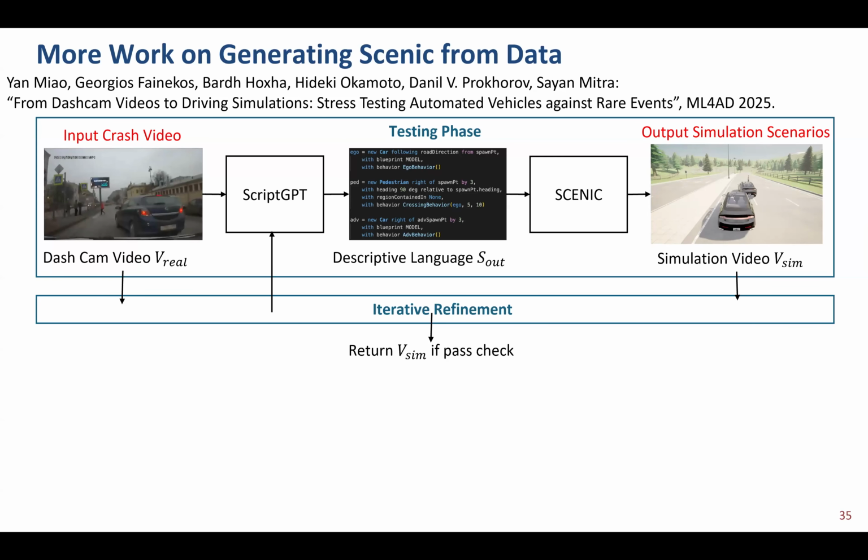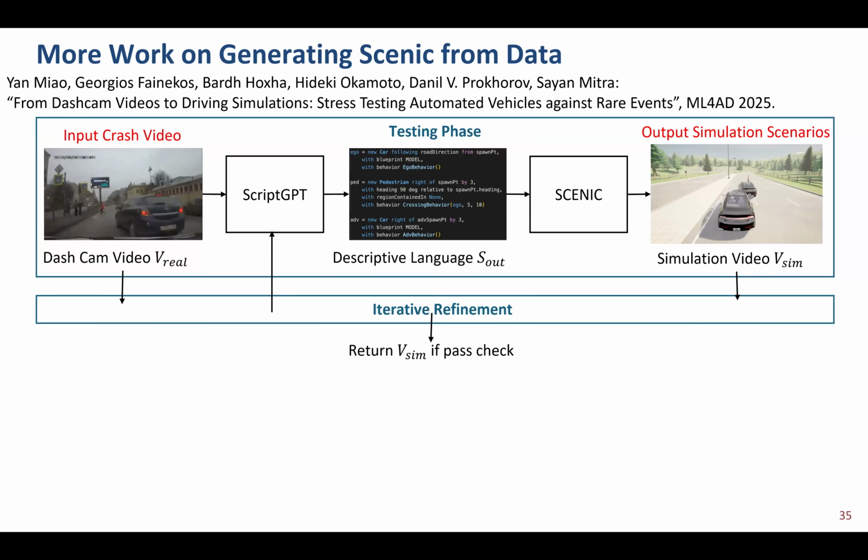Here they take video data and turn that into Scenic code. So this is your script GPT. Then the Scenic code runs in Scenic and in a simulator like Carla and produces simulation video. And here's an example of what they did. So if you look at this video here,